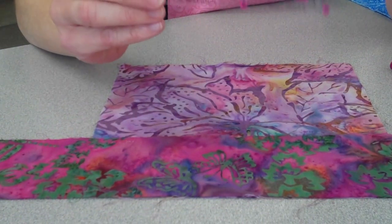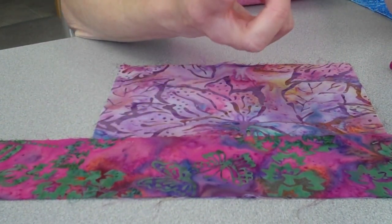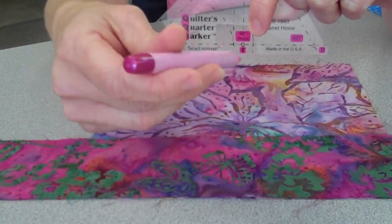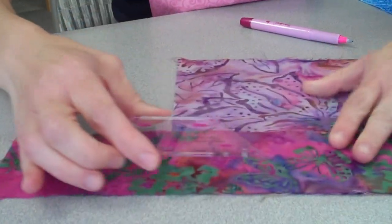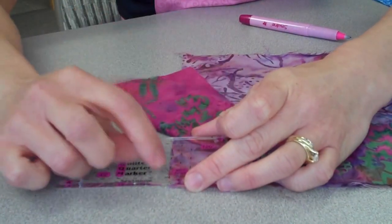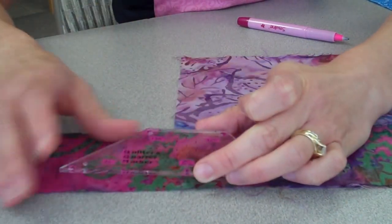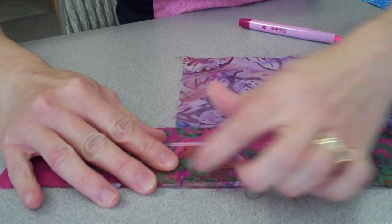And then you're going to take your Quilter's quarter marker and right at this mark that says E, there's a little indentation that you'll be able to mark through. And so you're going to line this up on your quilt top at the very edge of your quilt top. So you want this line here to line up with the edge of your quilt top. So I'm just going to very carefully place that right there, and I'm going to make sure that it's straight